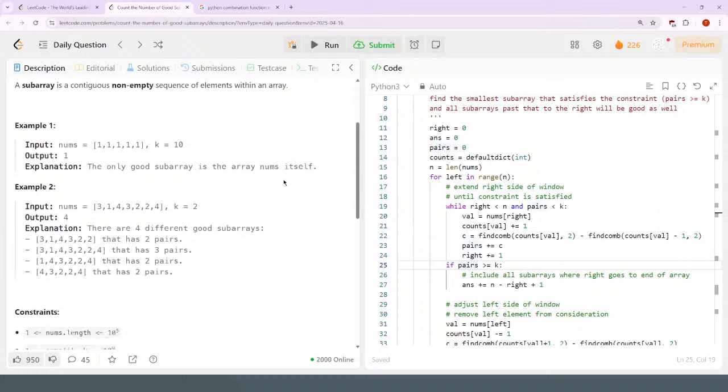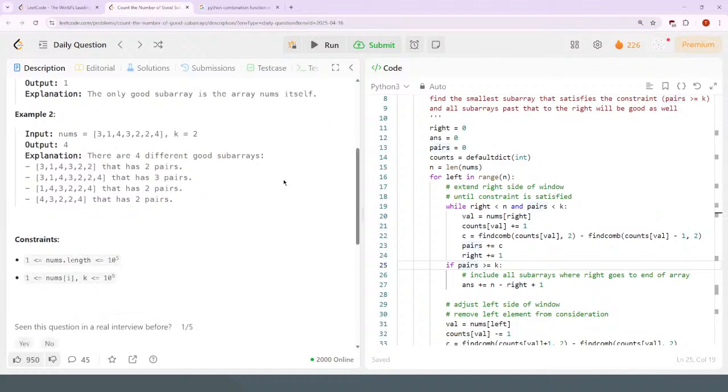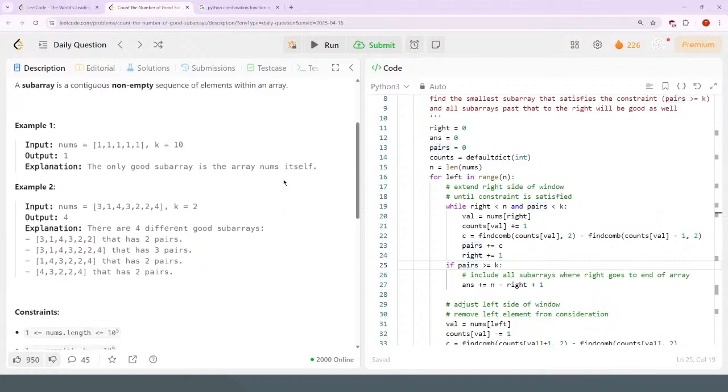I don't think you can just work off of the frequencies. Can you work off just the frequencies? No, I don't think you can. Because if the ones here were all grouped up, like let's say the array was ones and then a bunch of twos afterwards, or like 2, 3, 5 afterwards. If the ones were all grouped up, then your good subarrays are all the ones